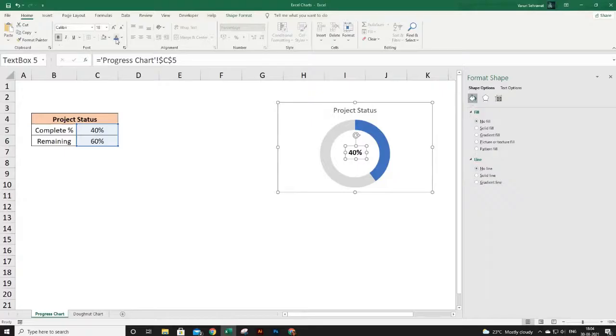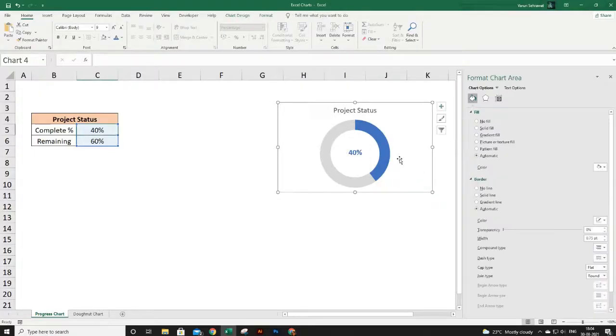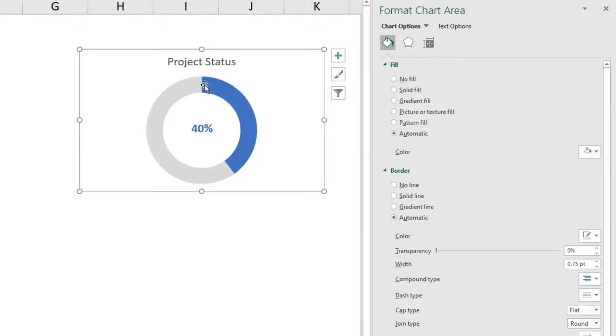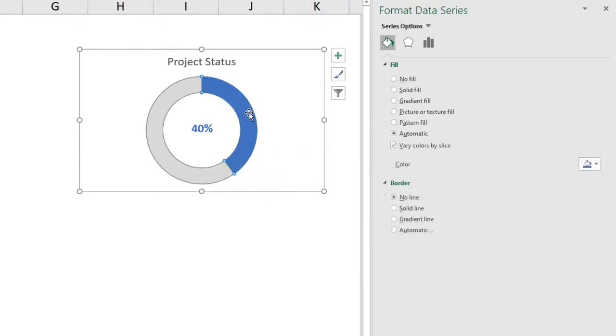Now make it bold and of the same blue color of your chart. You can also do any other formatting that you want. Now here we will do one new thing, which is making these edges a different shape. So select this series, double click on it, make sure only this series is selected.